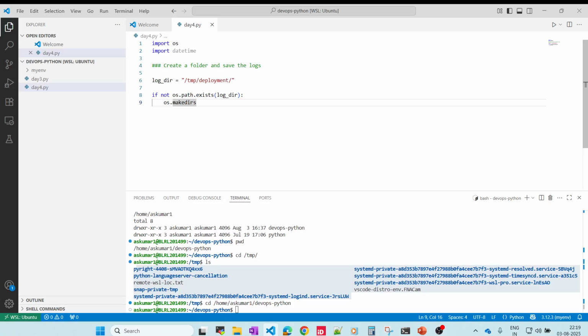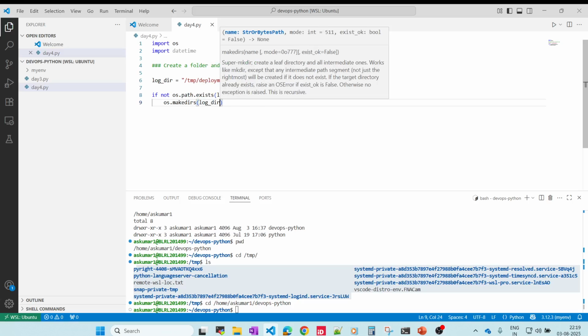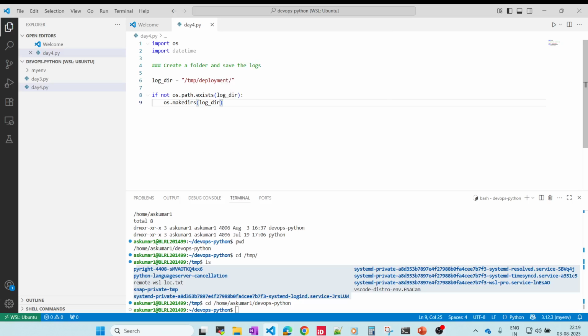So in case it doesn't exist, it will create it, otherwise it will skip. This is the if-else statement. So what exactly does this do? Whenever you write the command, you will know what exactly it does. It checks